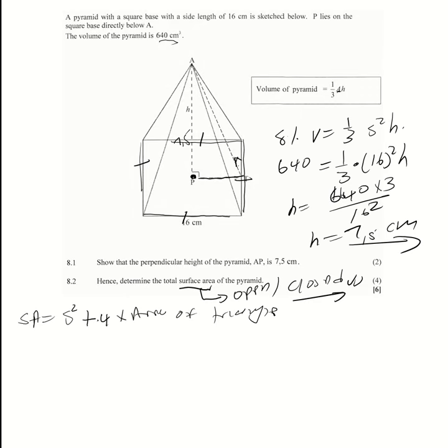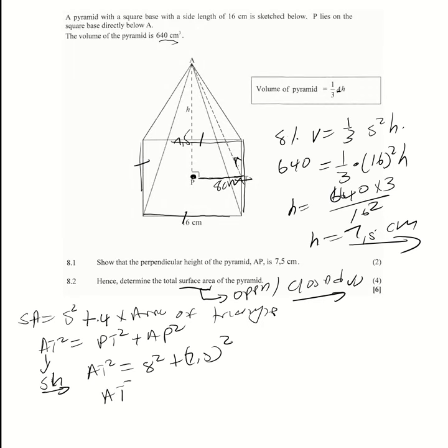Now I want to know this side. This is the center, therefore this is 8 centimeters. So now you need the AT. AT squared is equal to PT squared plus AP squared. Why am I doing that? This is the center of the square, so AT is the slant height. Remember, for the surface area, we use the slant height. So AT squared is equal to PT, which is 8 squared, plus 7.5 squared. So let's get AT squared is equal to